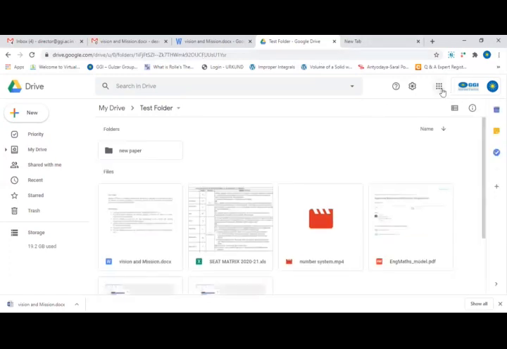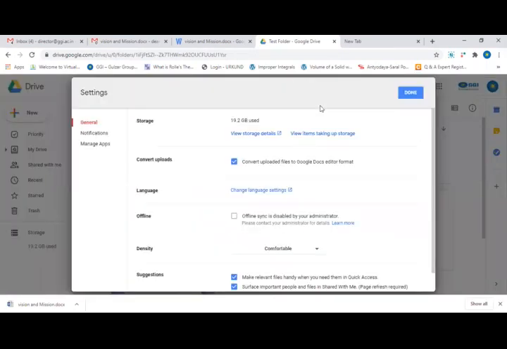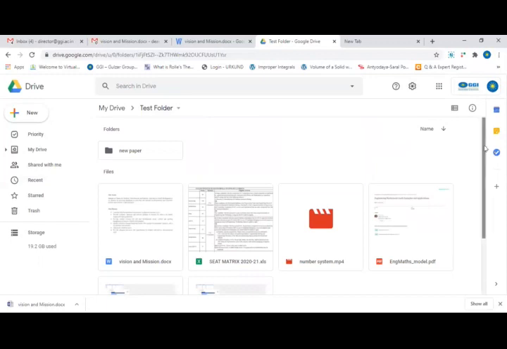I think I have not saved the settings. Settings. Convert file. Done. Now let's try again.